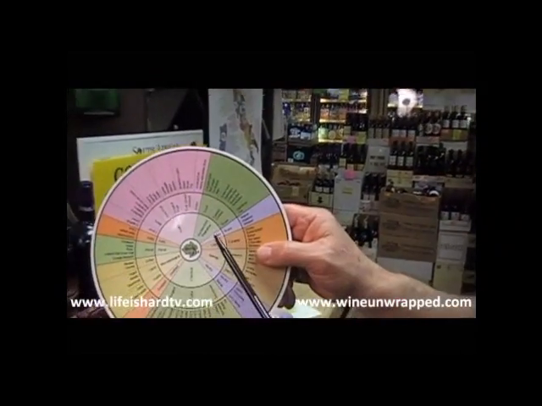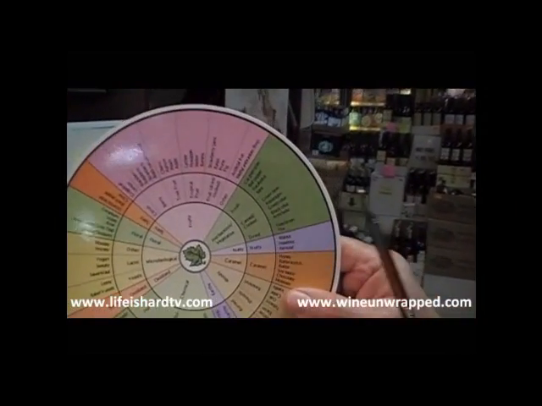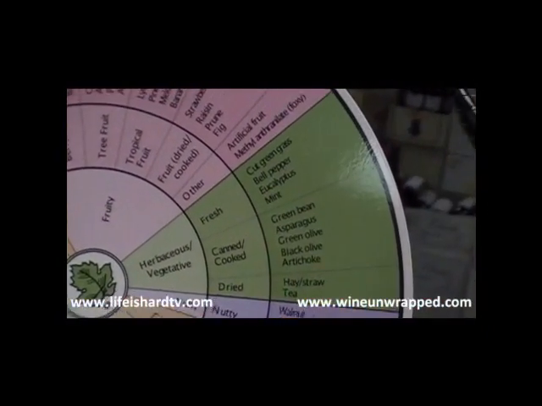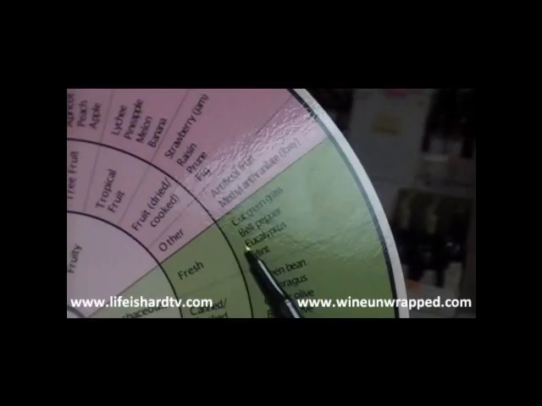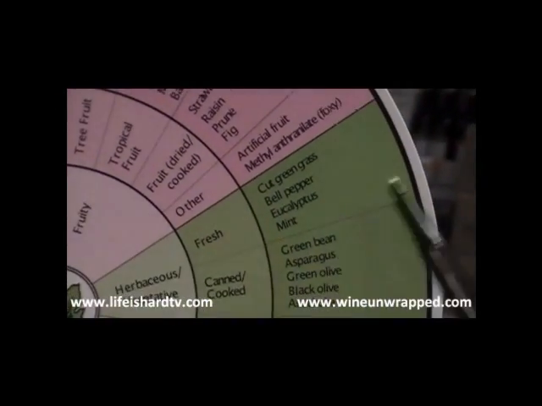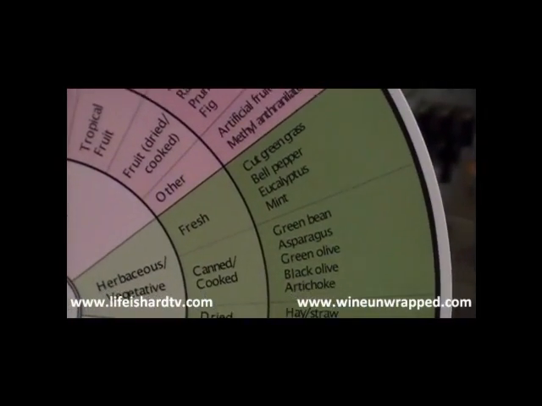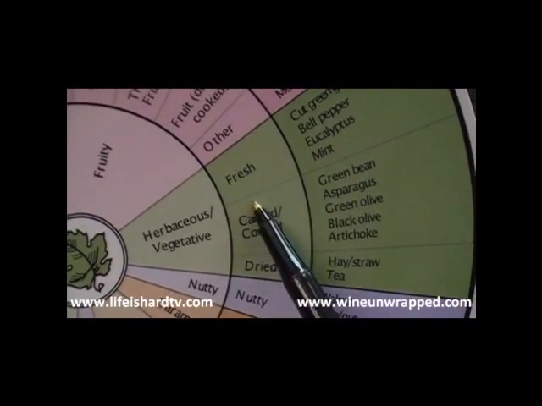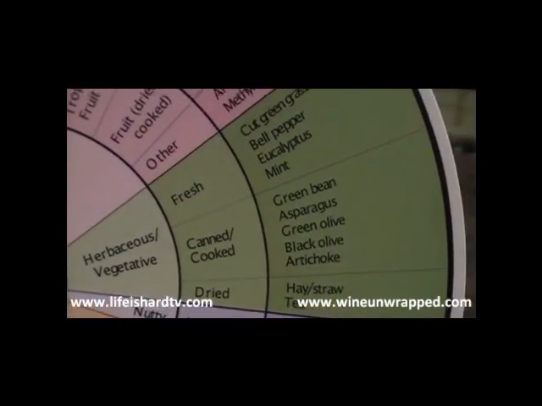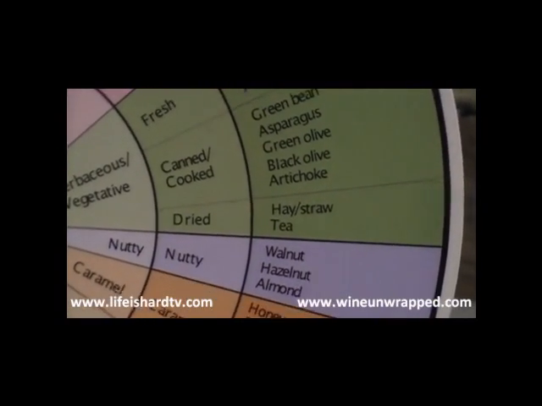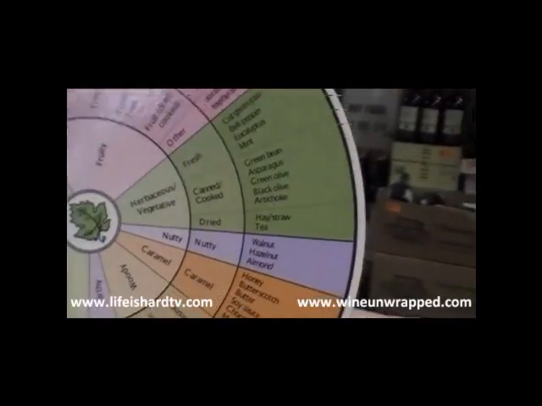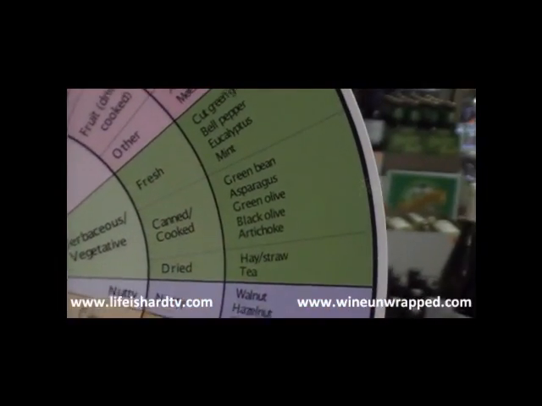Sauvignon Blancs, for instance, if you're drinking a Sauvignon Blanc, a lot of people will get that herbaceous quality. Well, you can kind of think about, what is it? Is it cut green grass, which you do get from Sauvignon Blanc, or green bell pepper, eucalyptus, or mint? So all these start with a broad category, narrow it down a little more, and then they get even more specific. These wine wheels were developed specifically for novices, really, to try to help people understand what terms are being used and how to